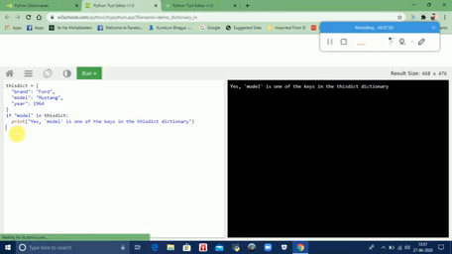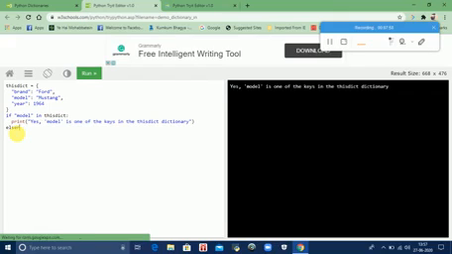Let's mention the else condition also. So else colon.